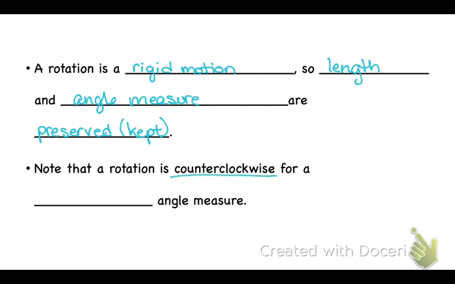counterclockwise. I didn't point it out on the other picture, but it is a counterclockwise rotation for it to be a positive angle. And the reason for that is I will give you a diagram and show you why. So if I have an x-axis and I have a y-axis, when I draw an angle,